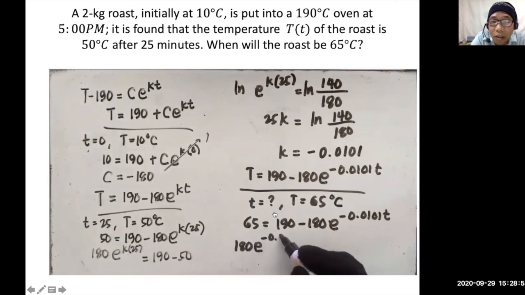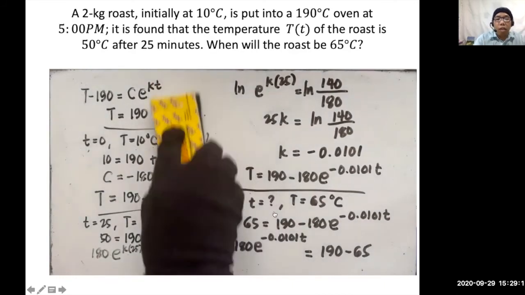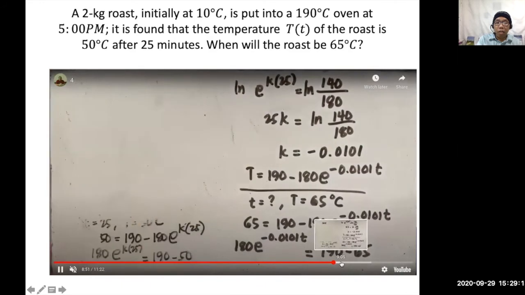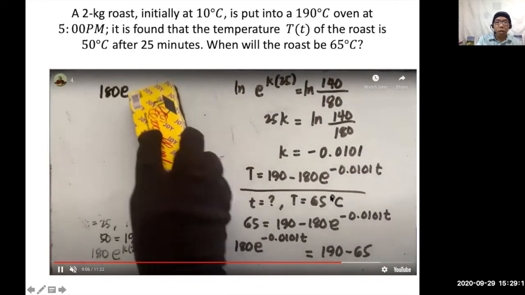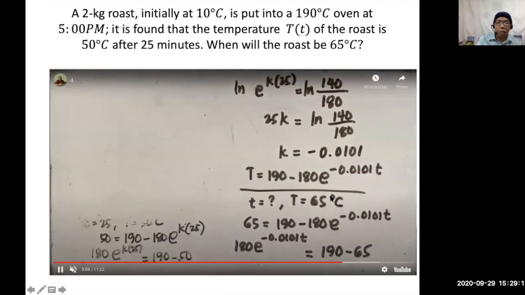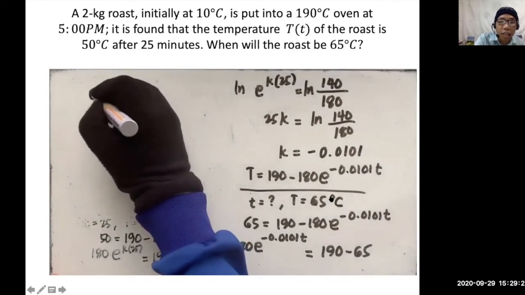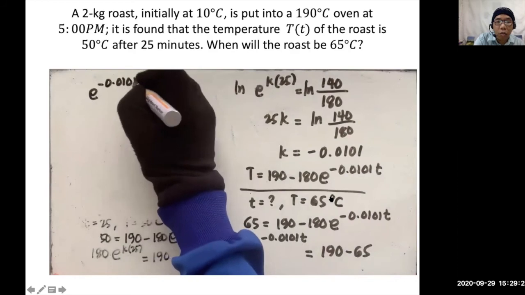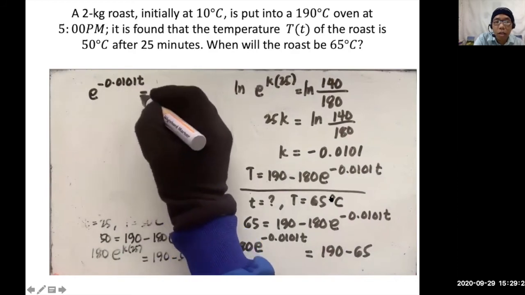Ganun. So ang ginawa ko dito, transpose ko muna sa left-hand side, itong merong unknown, which is yung t natin, and then transpose yung 65 sa kabila. So 190 minus 65. And, okay, let's erase this first. And then we start writing our, here. So 180, well, what happened? Erase. Minus 0.0101 times t equals,